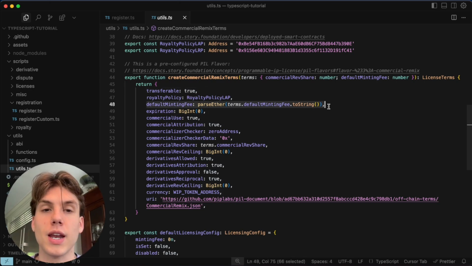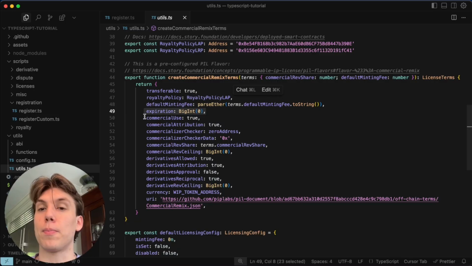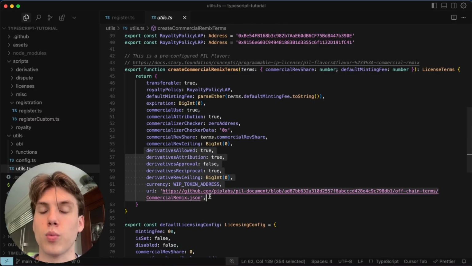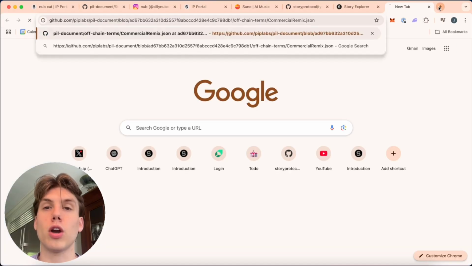The minting fee is set here. It doesn't expire. The person can commercialize it. They have to give us attribution though. And then the rev share, and there's some other terms as well. We can actually see here in the URI field, this is pretty cool, that if we go to this link,